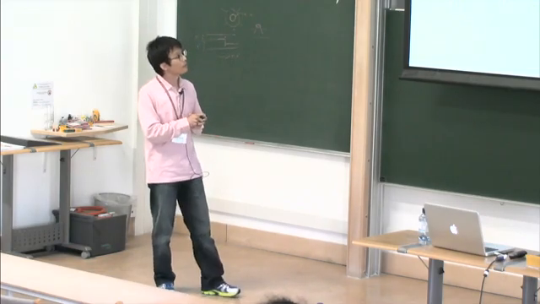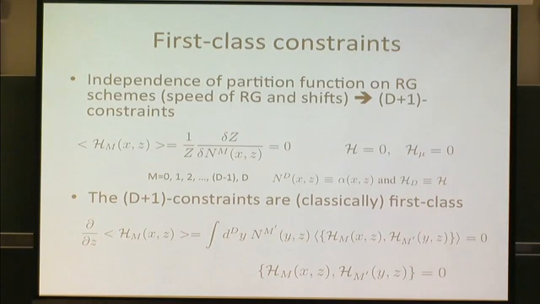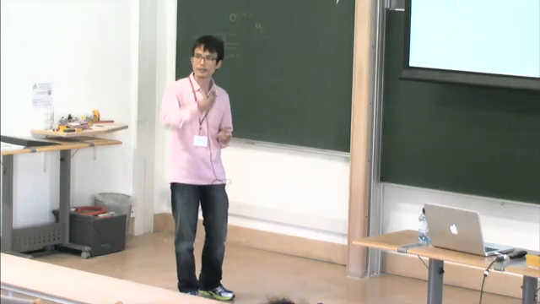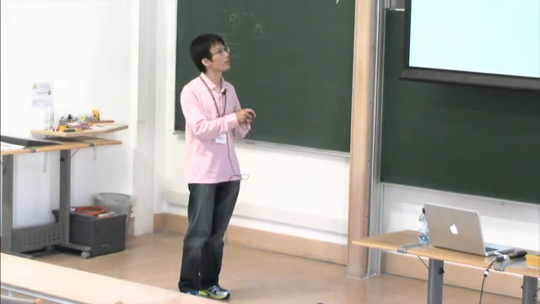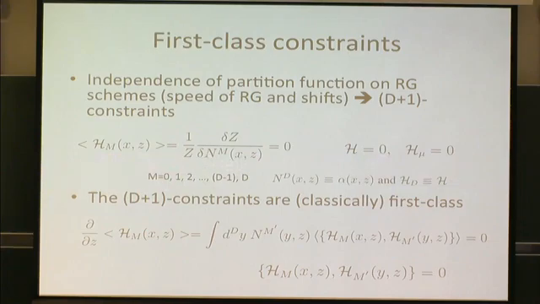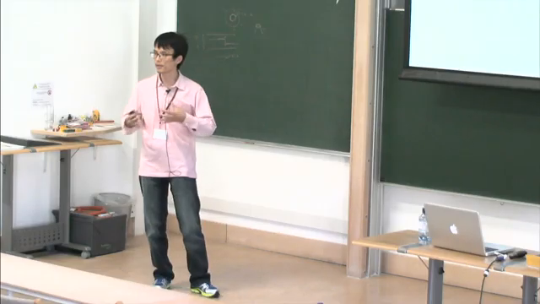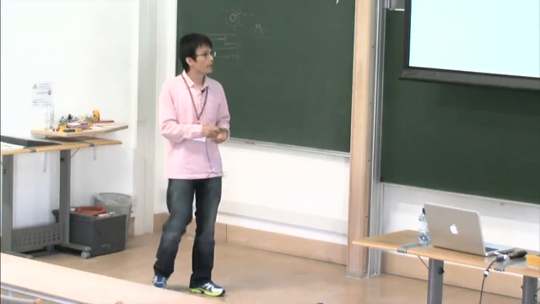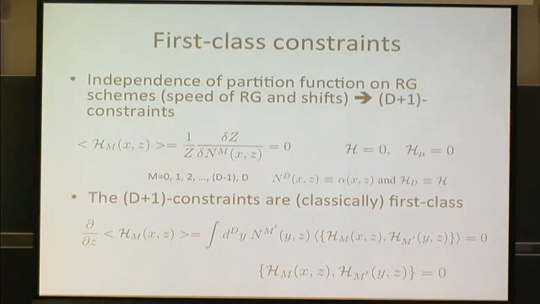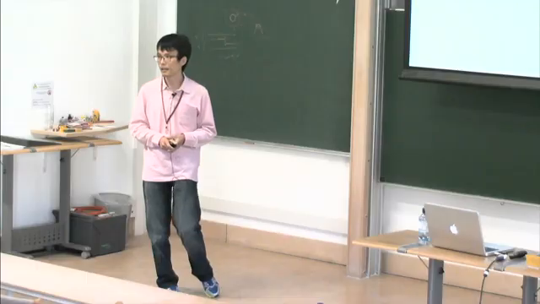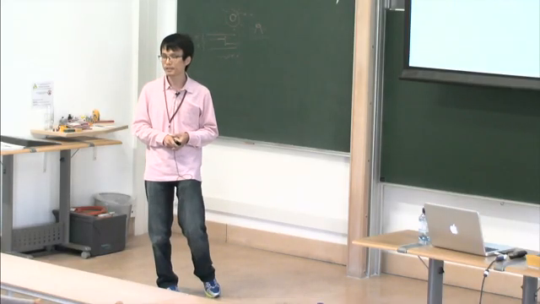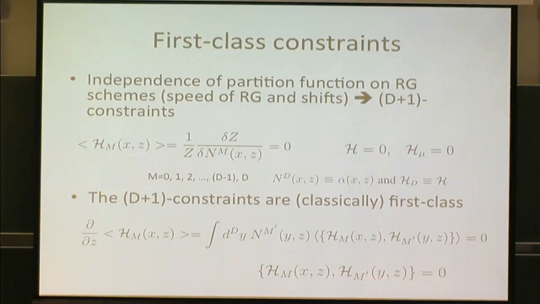Moreover, this constraint has to be satisfied not only at a certain radius, but at all radii, no matter how you choose your lapse and shift. This is obvious from the fact that these are pure gauge choices. That means the radial derivative of this constraint has to vanish as well, and that means the Poisson bracket of this constraint has to vanish again on shell. So this is exactly the condition for a first class constraint.